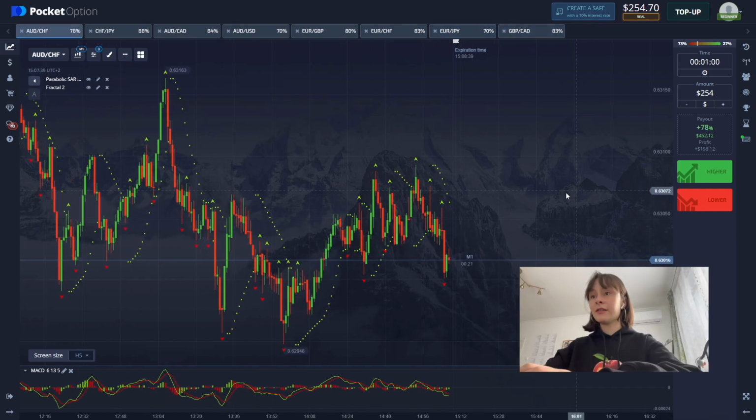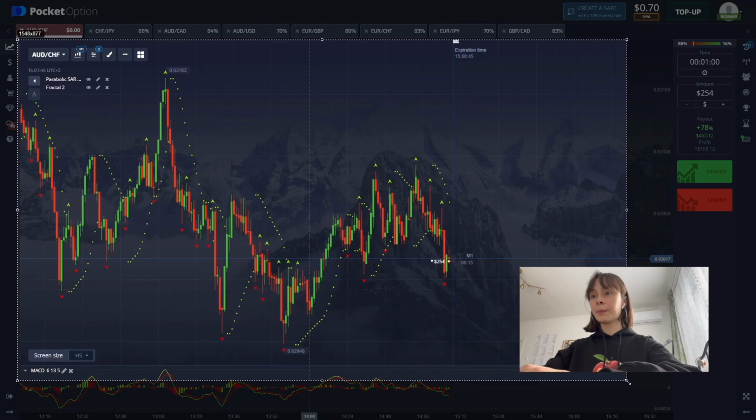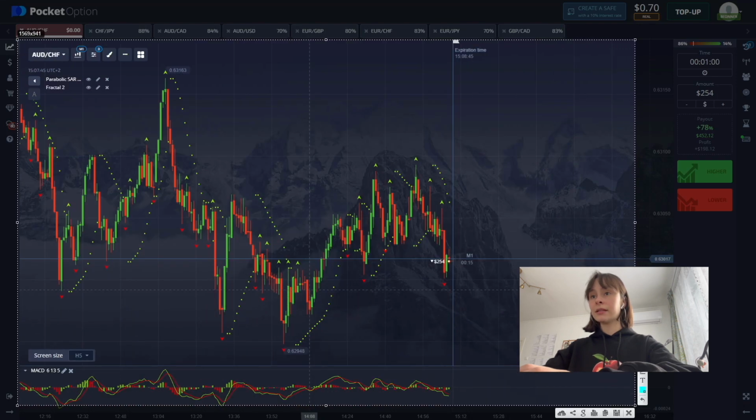Here we see a very strong pullback. I think that it's better to open the deal according to the trend. We see more of a downward dynamic according to the MACD, kind of the mood of the market. Everything is also going down. Our histograms are below, not a very big volatility, and after this pullback I think the movement will go down